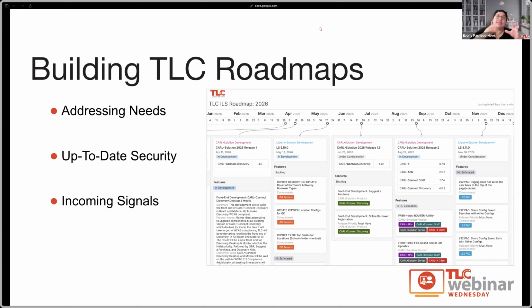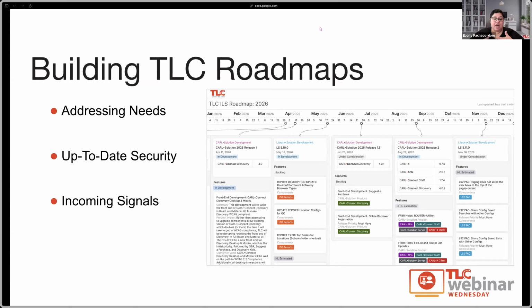And there are many needs that we do have to think about as we're building up a roadmap. First and foremost, we have to look at the needs of TLC. What do we need to do for our product? How do we ensure that our products have what they need to be able to serve our customers? How do we make sure that they are up to our standards? How do we make sure as a business that we are producing software that we can support and provide for our library customers at all levels?